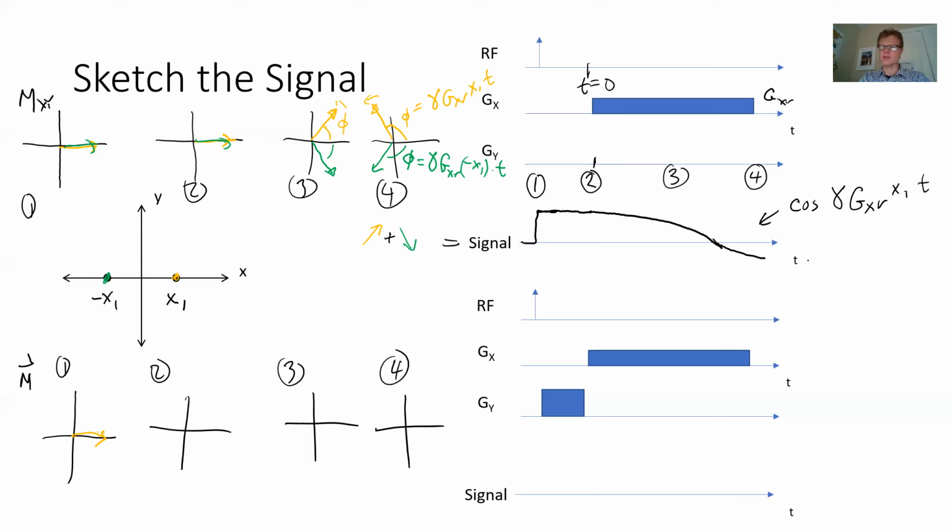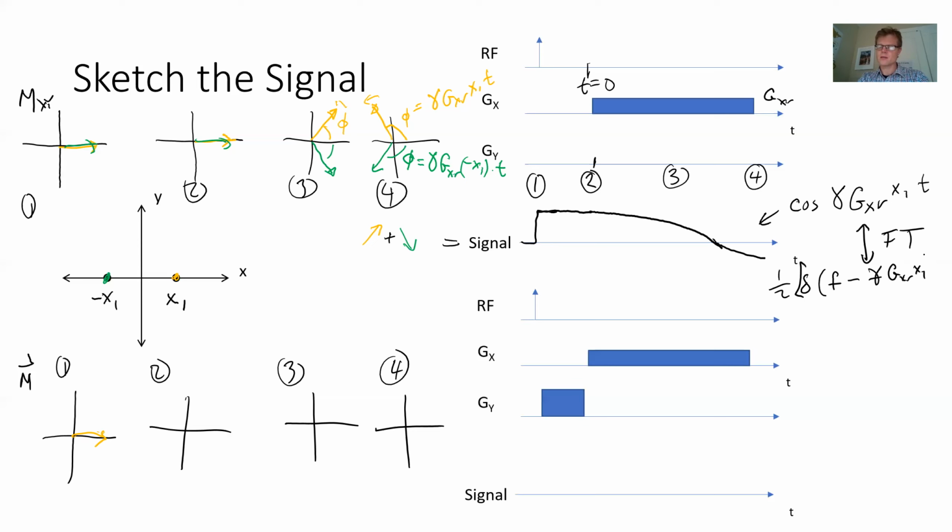And the other interesting thing we can think about here is, well, if we take the Fourier transform of this expression, it turns out this is equal to a delta function at a frequency of f minus... it's a good exercise to go through this Fourier transform. And I can add the 1/2 right now. f minus this term, so it's going to be an f minus gamma bar times the gyromagnetic ratio times x1,